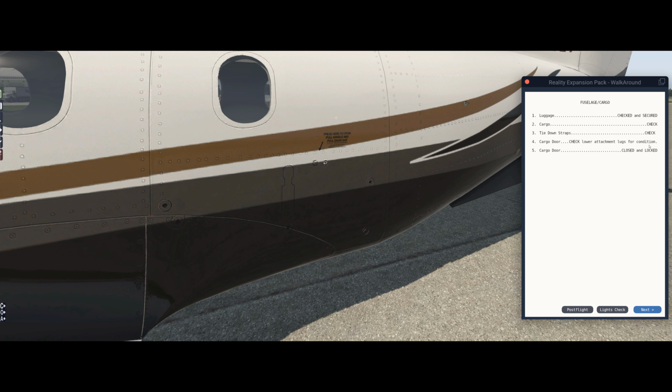Check lower attachment lugs for condition. That is true for sure. So I would actually open up the cargo door. And to open up the cargo door, you press in on this button right here, and then you press this forward. That's spring-loaded, and it presses into the airplane, and then you would pull out on this lever to open up the door. And there's actually a handle down here on the lower side of the door that you can pull on to tug that door open, and then there's a hydraulic arm that'll lift it up and open it